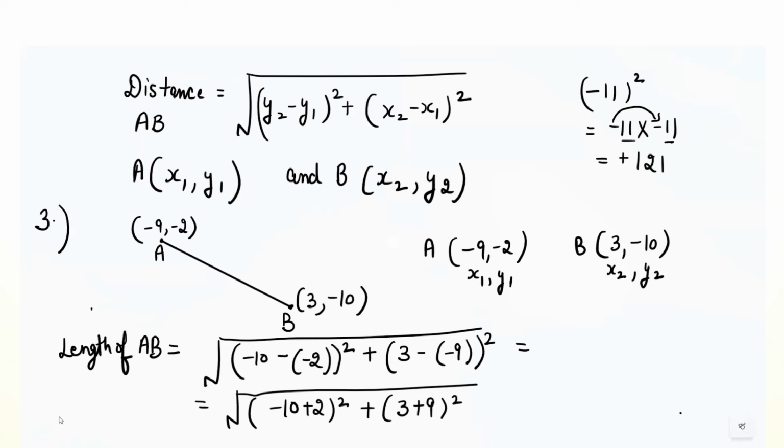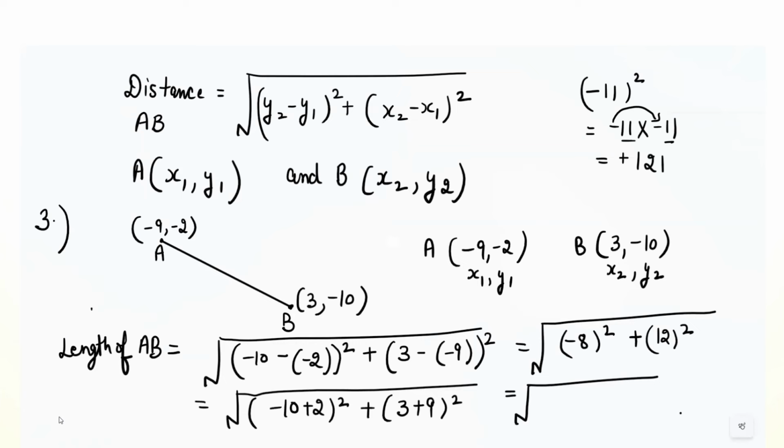Now -10 plus 2 is -8, whole square, and 3 plus 9 is 12, whole square. I already told you that the square of a negative number is always a positive number. So it would be 64 plus 144, which is equal to the square root of 208,